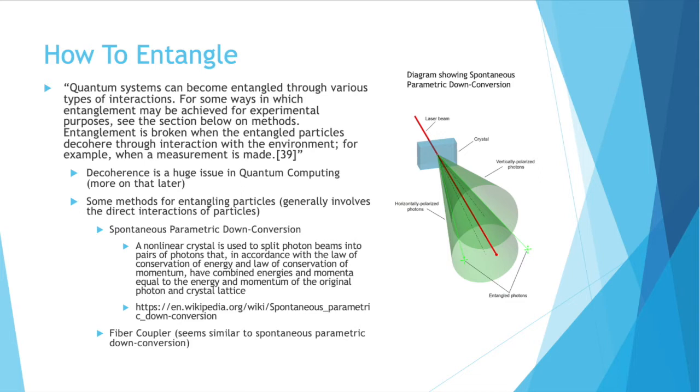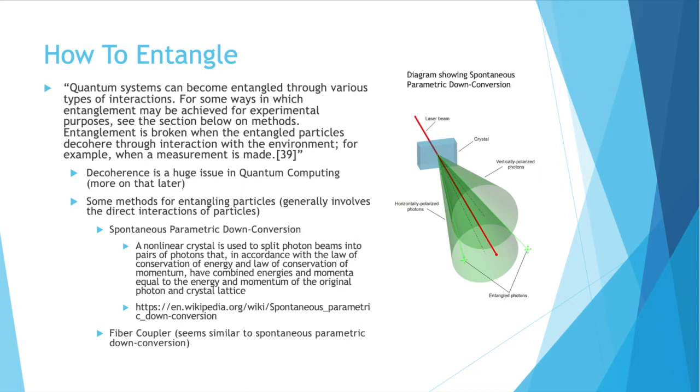Entanglement is broken when the entangled particles decohere through interactions with the environment. For example, when a measurement is made, that collapses the wave function. It uses the word decohere, and decoherence is a huge issue in quantum computing. It's also known as noise. These qubits are so particular that they are very easy to collapse or mess up. You can get errors, so you have to be very careful with how you entangle and how you collapse the